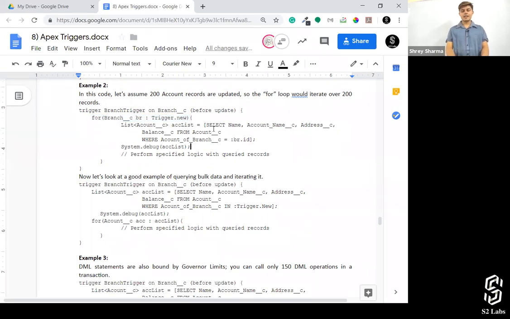What we should do, and why are we writing this query? We want to get the branches which are associated with a particular account, right? So what we are doing is we are getting the list, and for every account, we are writing a query to get the associated branch. And how? From account where branch__c is equal to br.id. Right? That's how we're doing it. So this particular query will execute n number of times if there are n accounts coming up. So that's a problem. What should we do in this case?